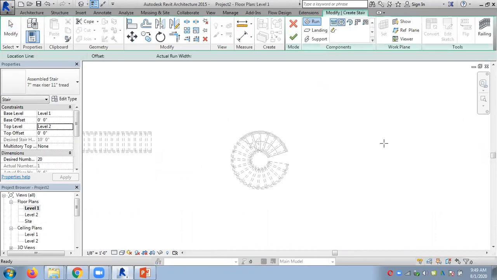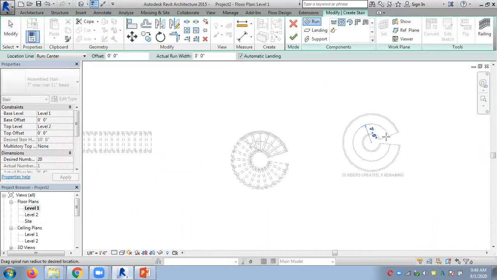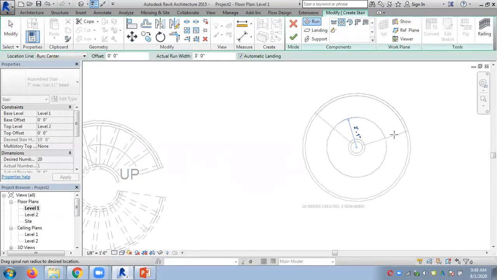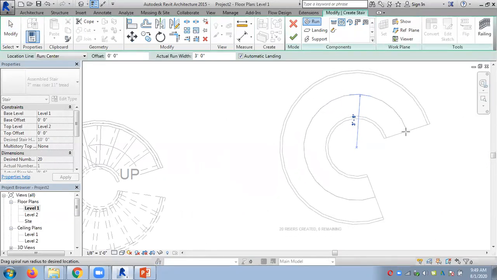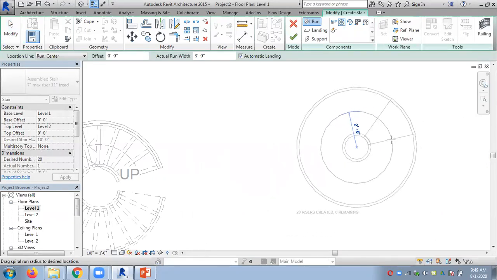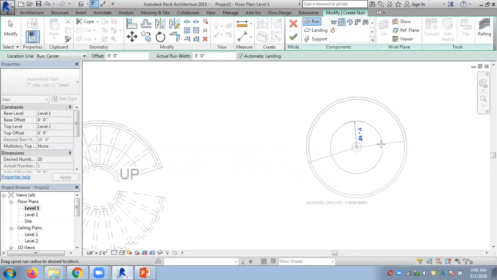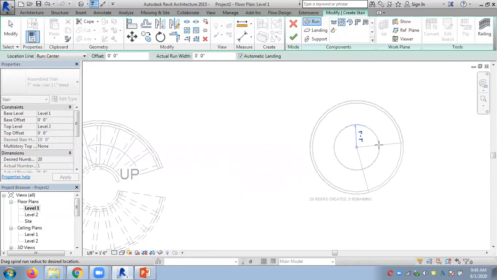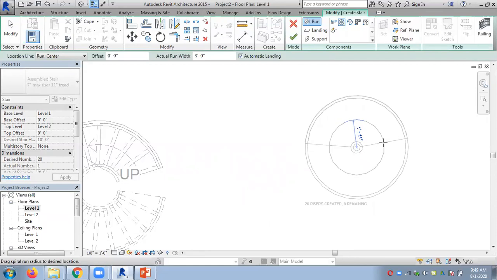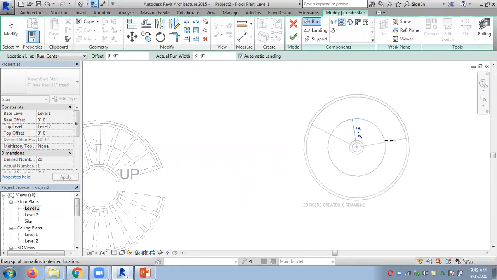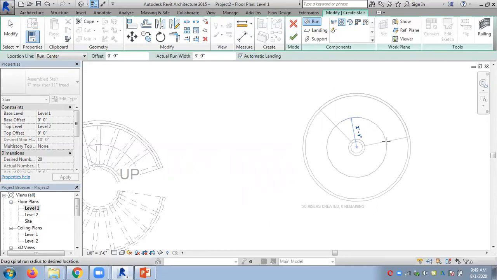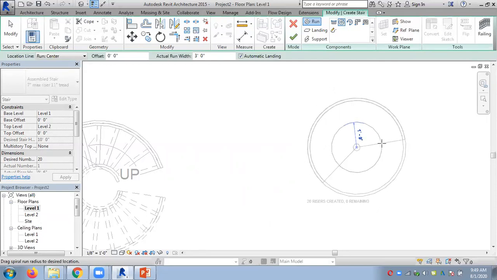Spiral, give the center, and now without going very deep like this, without increasing the radius, you just reduce the radius, but you cannot reduce as you wish, then the runs will overlap. So this may be the minimum. This run is around 3 feet, so you can't go beyond 1.6, so 1.5.